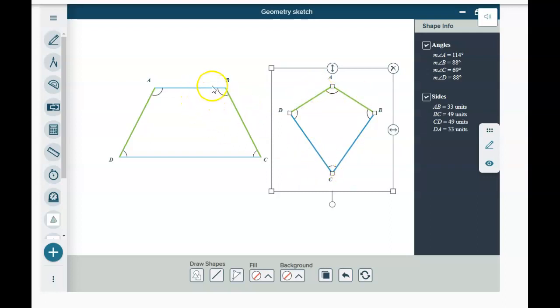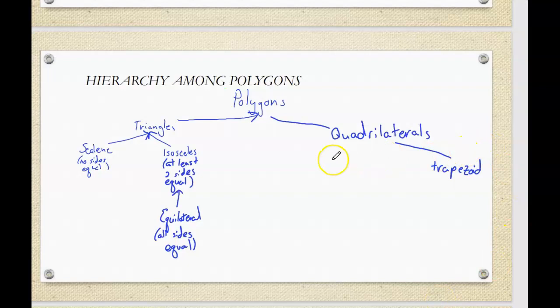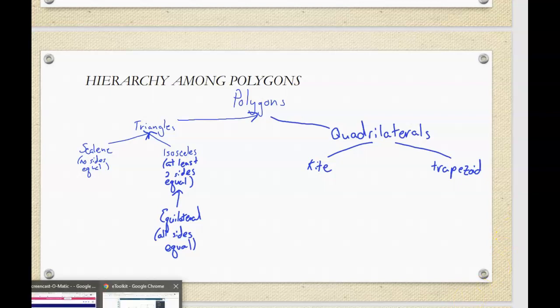So like a trapezoid, these 2 adjacent sides are not congruent, so it cannot be a kite. But here we have a kite. So a trapezoid cannot be a kite, and a kite cannot be a trapezoid. So we have 2 separate directions going here. With that, with a trapezoid,